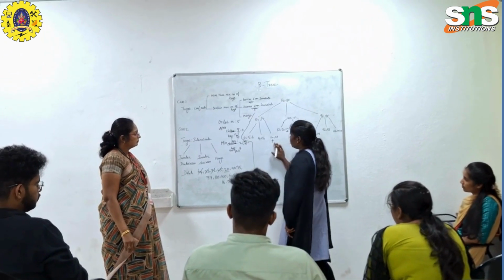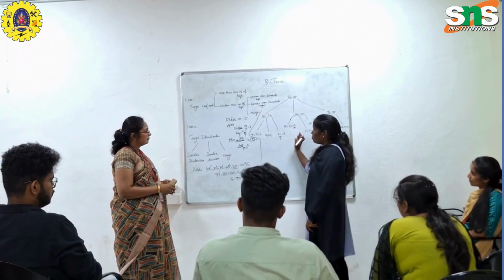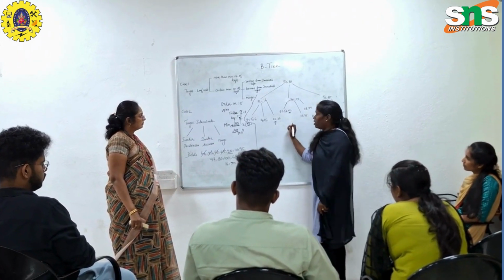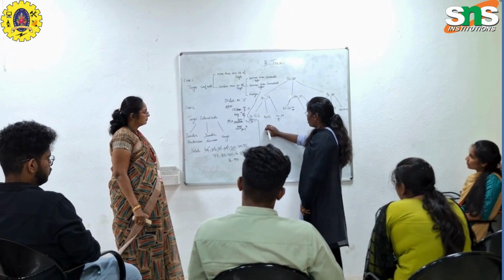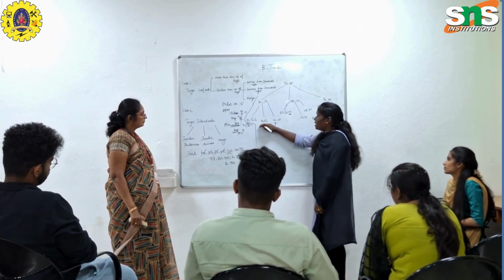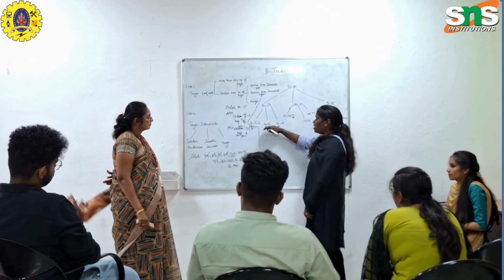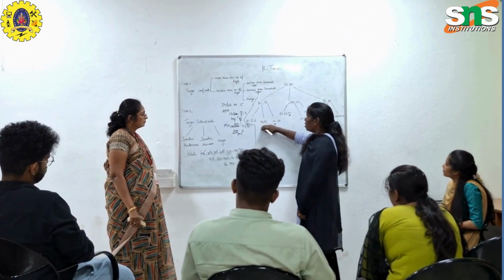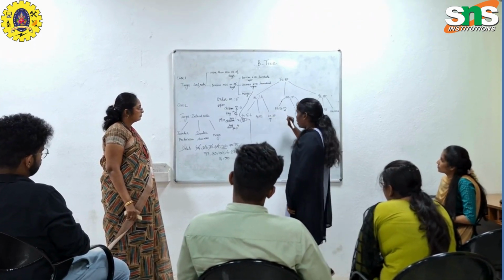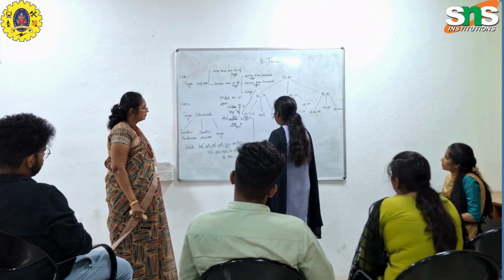Actually, here we need to take the right subtree or left subtree. Here there is no right subtree, right? So we can take the left subtree, and looking at this, it has the minimum number of keys, which is 2. So we merge the parent value with these two nodes and it will become like,